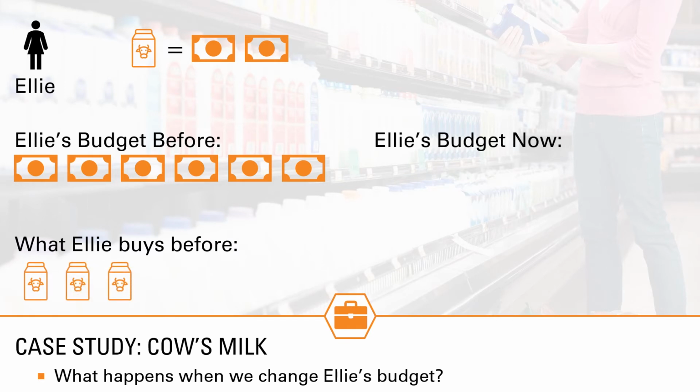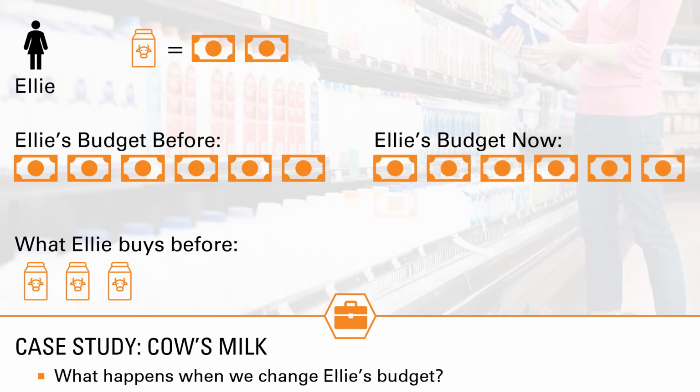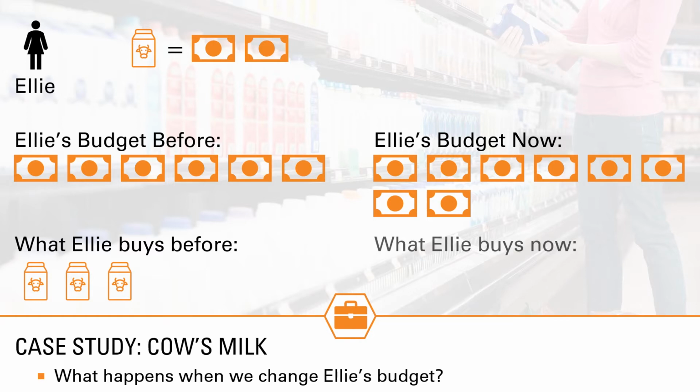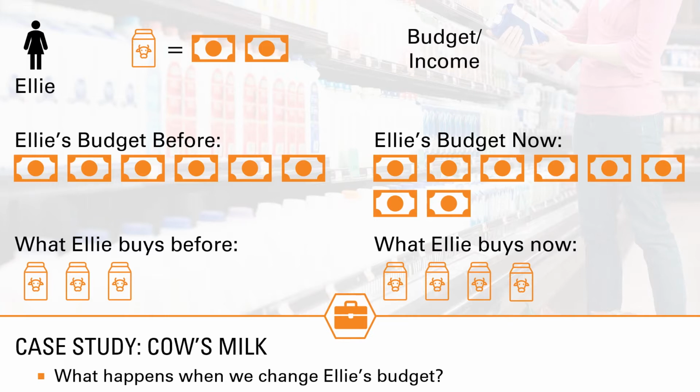Now what happens if we change Ellie's budget? For example, Ellie's budget was 6, let's say she has 2 extra monies for the shopping trip. Assuming milk is the only good that we have, we could expect that now there's 8 money divided by 2, so Ellie can now buy 4 cartons of milk because now she has more money to spend. So we can see here that as we increase the budget or the income,